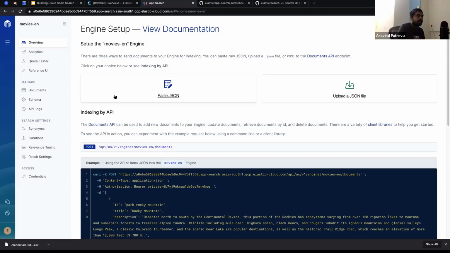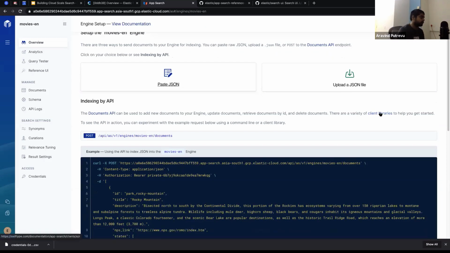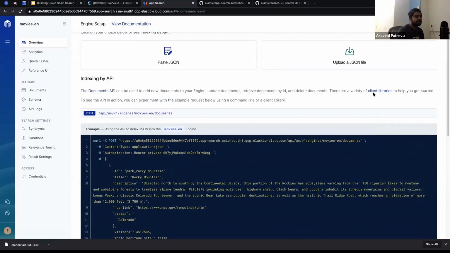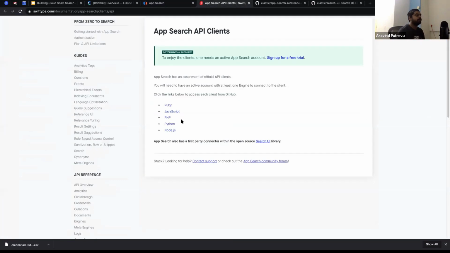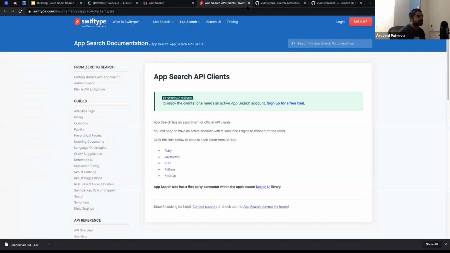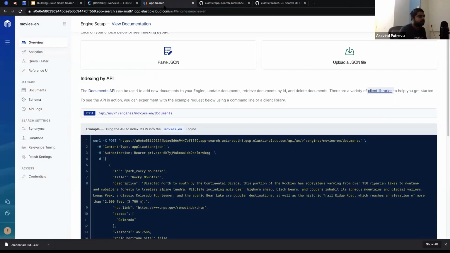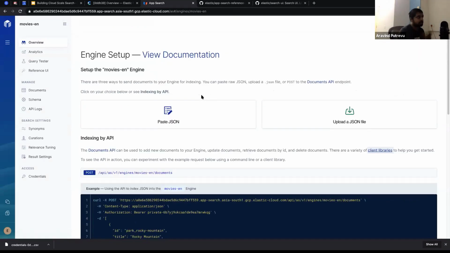At this point of time, again, I would like to stress, don't worry if you see that the link here goes to SwiftType.com, which is still an Elastic site. You'll be able to see what the clients and the things are that are there. You could also write your own, it's a simple API. You could also choose your own language and write it. If you are into Java or something, you'll be able to do that as well. So the API documentation and everything is there on SwiftType.com. We look forward to integrating that back into Elastic.co as well.